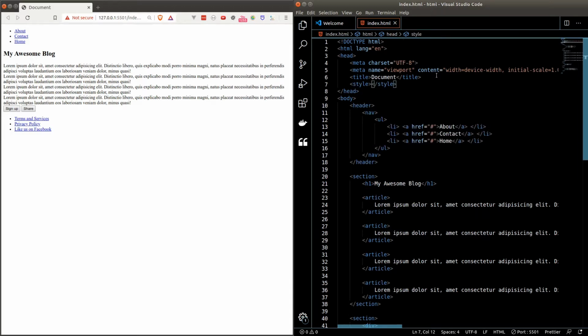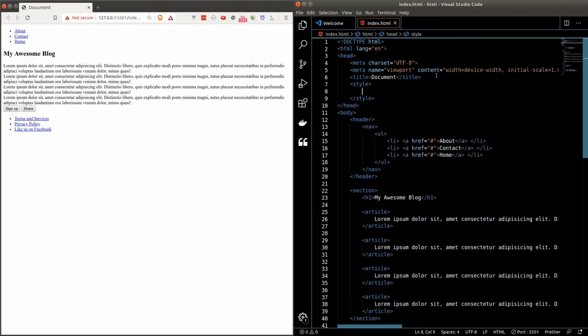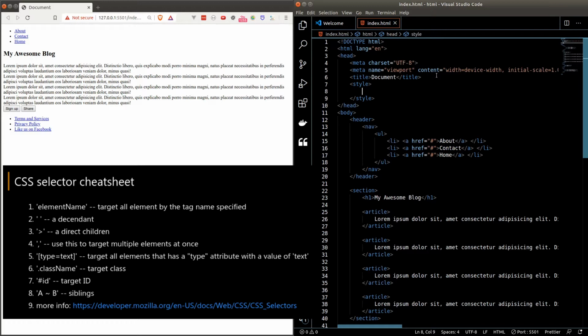code. You can put the style tag inside the body as well, but it's recommended that you put it inside the head tag. Now to apply CSS styles, we first need to target the elements that we want to style. To do that, we'll use something called the CSS Selector. I've created a small cheat sheet here, so just refer to it as we learn how to write our first